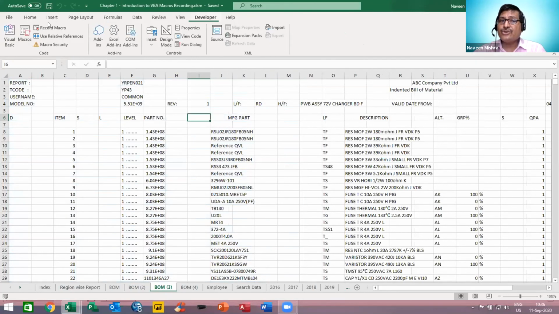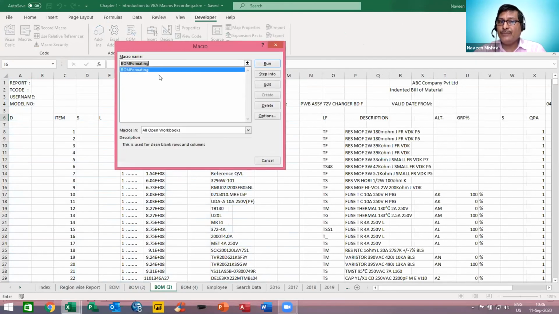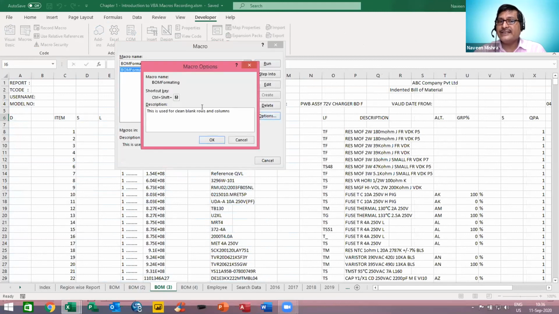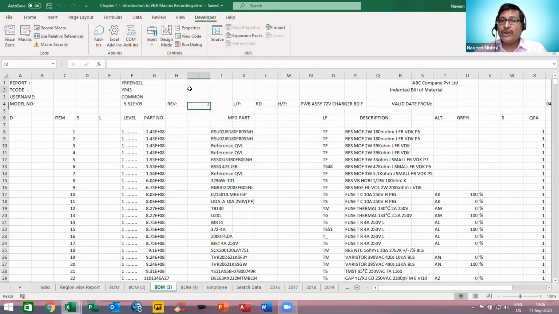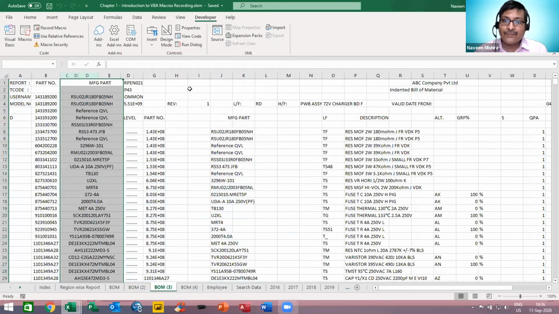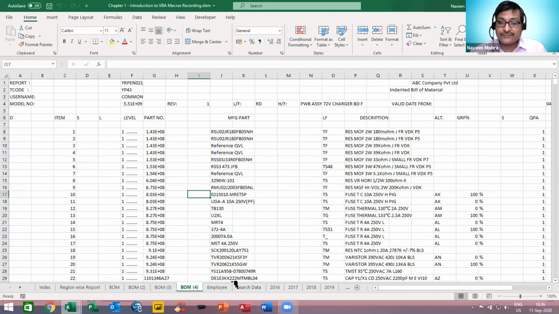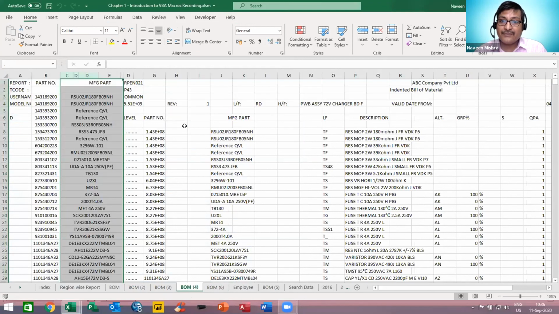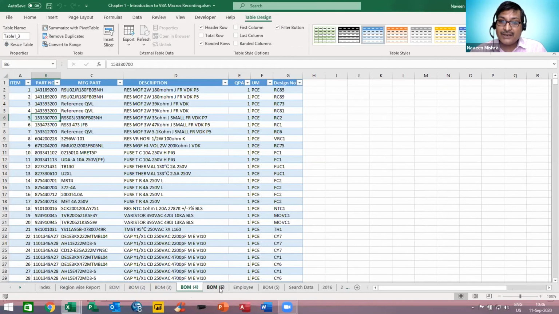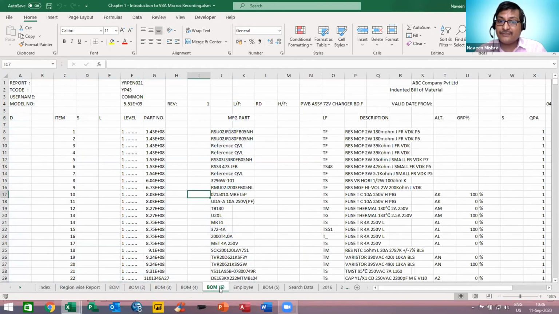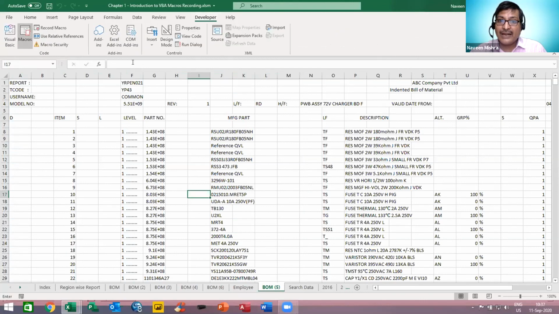I can use the shortcut key as well. So in view macro, I will go to the options and the shortcut key is Control Shift M. This time I want to show you how to run the macro with the help of the shortcut key. So Control Shift M. Yes, it's magic. You can see. Just see this one. I will just press Control Shift M. Otherwise I will simply go to developer and then click on the macro and then run.